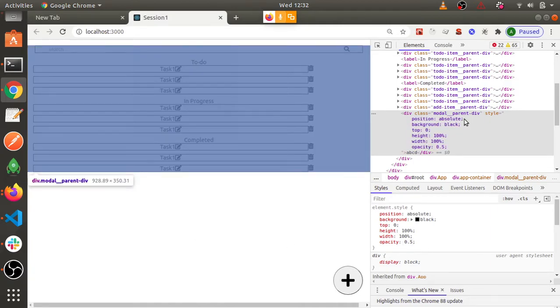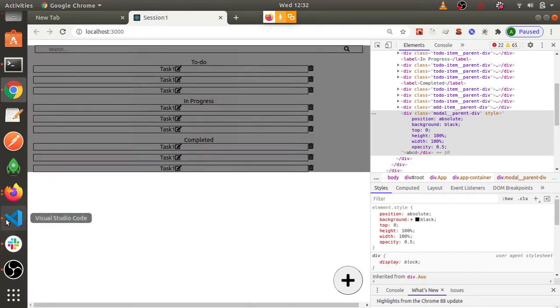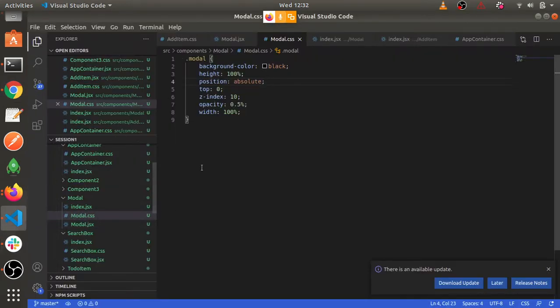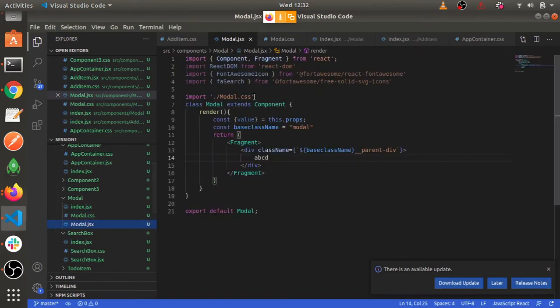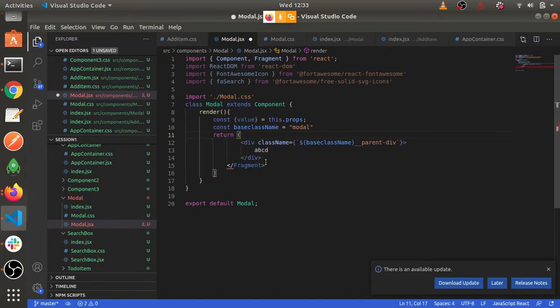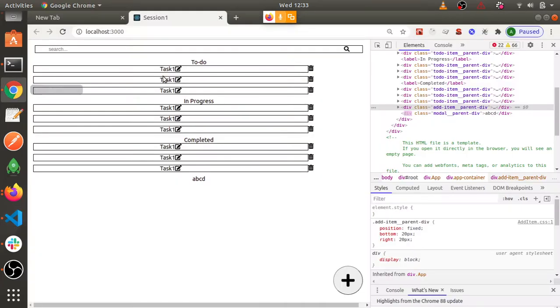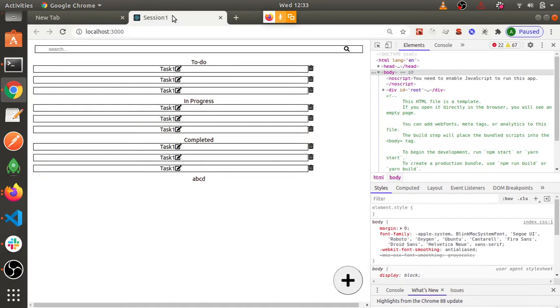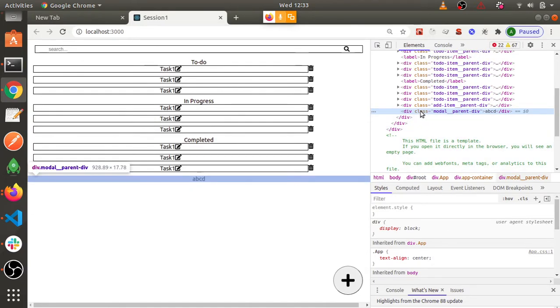Any idea? Because that class is not getting applied, right? Let's see what is the problem with this. I have given it model, and inside it it's model.scss, and this is model only, and fragment is not taking those things. So I'll remove this fragment and we'll have no loss. Okay, now let's refresh it, and still that thing is not getting applied, and we'll see why it is not happening.